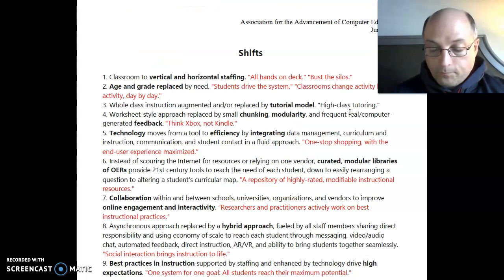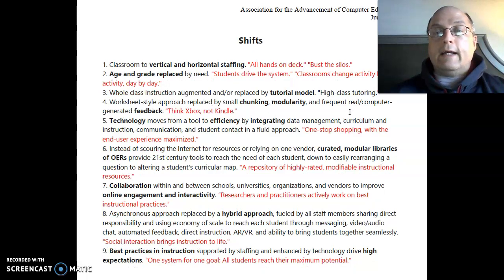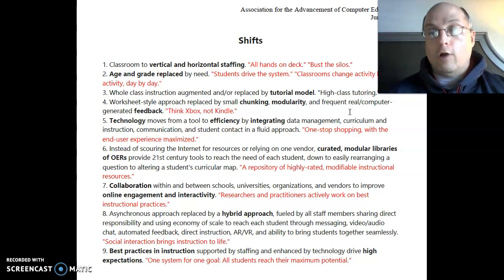Here are the shifts we're going to look at, and I'm not going to read them all. I'm just going to look at words in bold. These are posted on the discussion. Vertical and horizontal staffing. Everyone's in it together, from the superintendent to the kindergarten teacher and everyone in between. Students that need higher or lower level, whether it is within the same curriculum or different grade level, that's what happens. The fourth grade teacher is no longer just responsible for fourth grade students. The fourth grade teacher is responsible for students that need fourth grade curriculum.